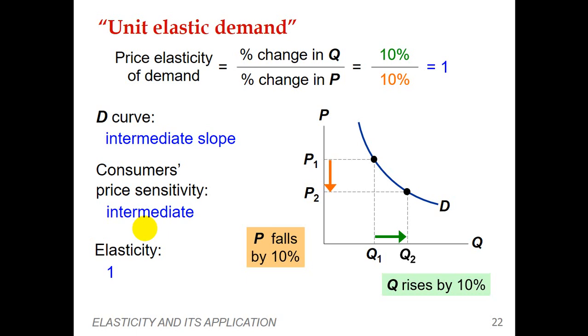The concept of price elasticity of demand is closely related to the slope of the demand curve. Why? Now you have to answer this question. Because price elasticity of demand measures how much quantity demanded responds to a change in price. So we recall the rule of thumb that we have already discussed: the flatter the demand curve that passes through a given point, the greater is the price elasticity. The steeper the demand curve that passes through a given point, the smaller the price elasticity of demand. So this is the unit elasticity.